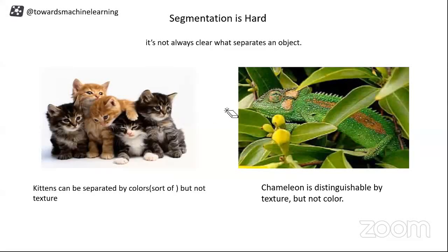But imagine a second task. You have a chameleon, that too in a forest, let's say on a tree, and now can you differentiate between colors? Through your eyes you can, but imagine it for an algorithm, for a computer to do that task. You can't do it, right? This is also green, this is also green. How will you differentiate them? So the next thing that comes into the picture is texture. Based on texture, you can say that this object is different from the background. If you come here, it might not be the case, because all of them have the same kind of texture. These are differentiated based on color, and this image of the chameleon is differentiated based on texture.